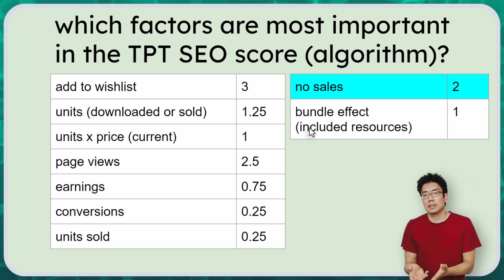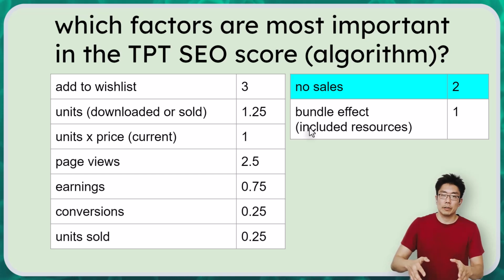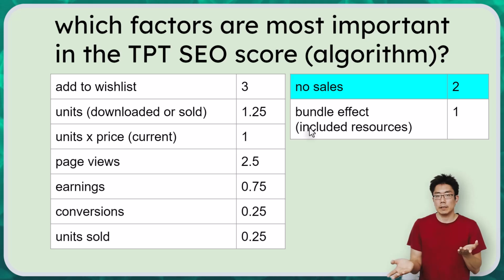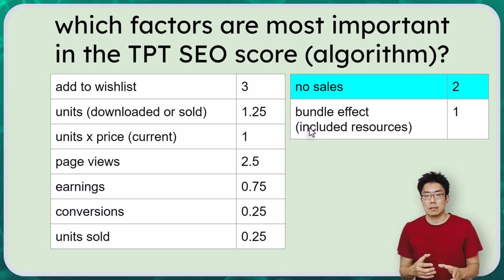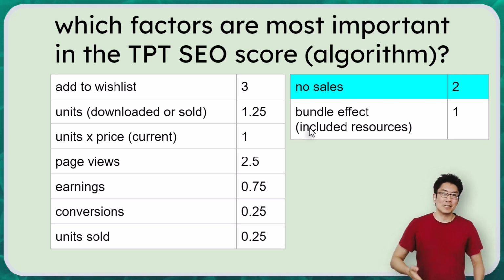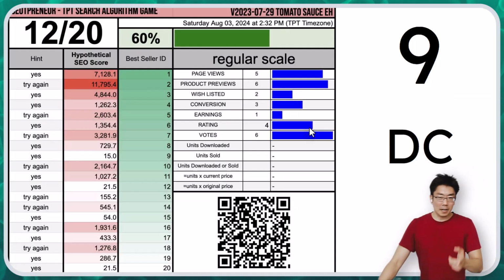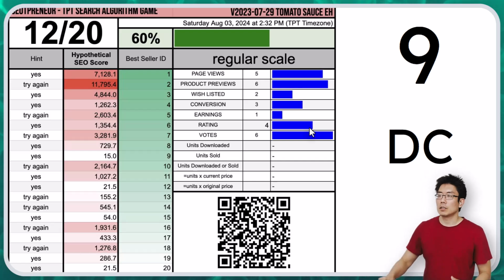So then the question is, why would you show a resource that isn't a proven seller yet? Remember, the search algorithm is designed by humans and humans are figuring out what to weigh more heavily. I wonder if the search people have decided that, you know what, adding to wish list is a bigger factor because it has potential. I don't know. Let me know what you think in the comments. Or maybe a better question is, if you were designing a search algorithm, what would you make the number 1 factor? Scorecard number 9 was from DC, and it looks like votes very narrowly was the largest impact in their